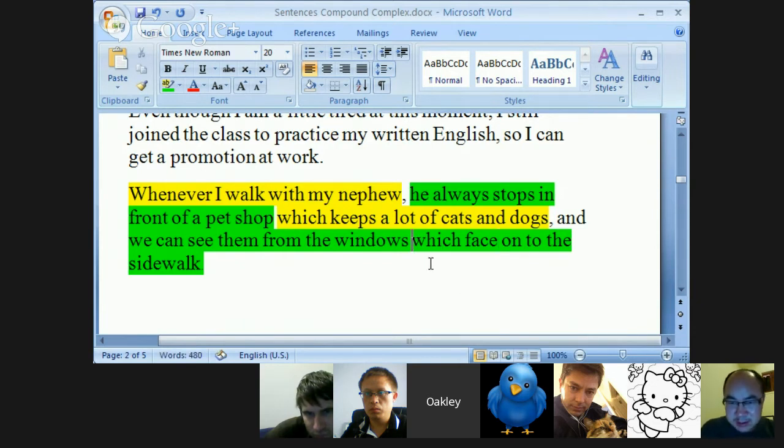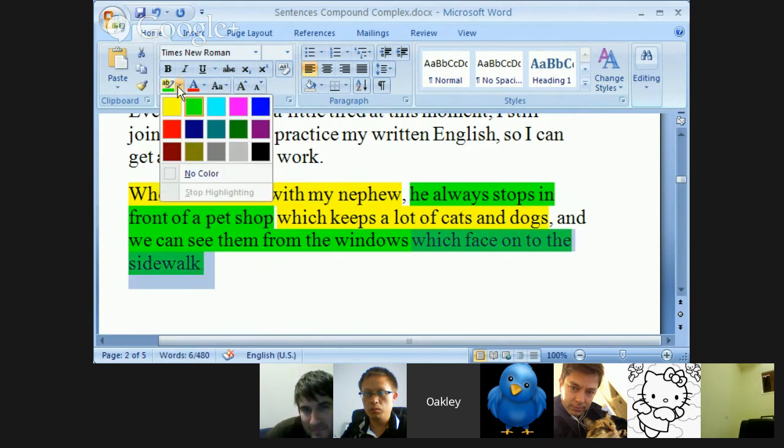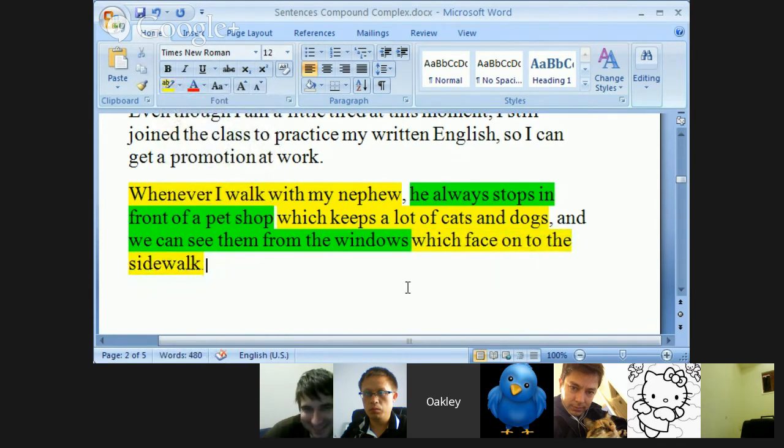You could also add this, "which face the street," in which case, well, look at this. Isn't this marvelous? In which case, now we've got 3 dependent clauses and 2 independent clauses. Awesome, Heidi. Awesome sentence. All right. This is a perfectly correct sentence, and